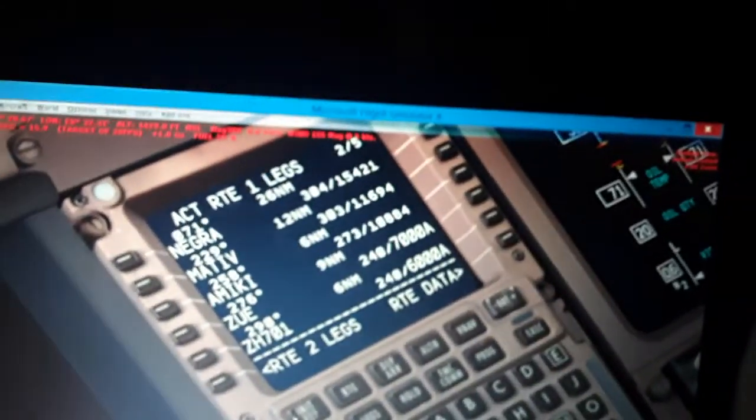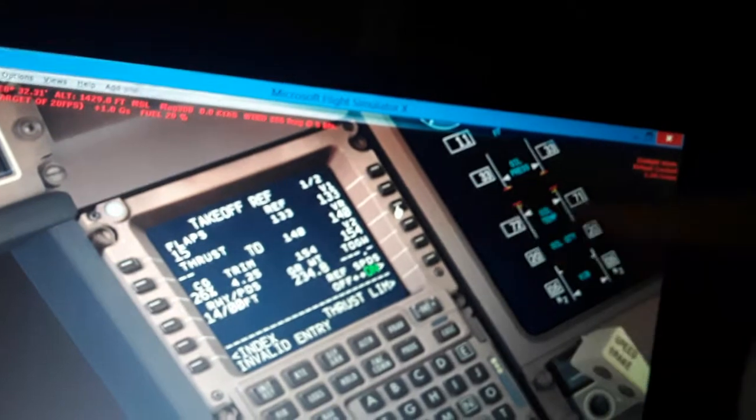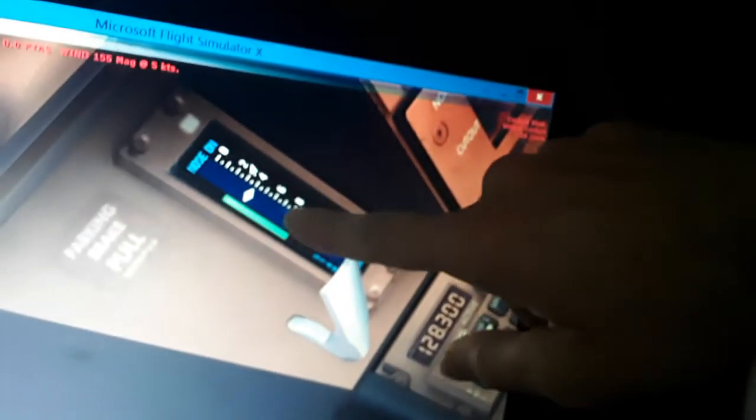Only one last step, forgot to do. Flaps 15 degrees. The center of gravity is going to determine the center of gravity of the aircraft with respect to gross weight and the V-speed 133, 140 and 150 for the takeoff. So this is the center of gravity position, stabilizer trim 4 degrees,